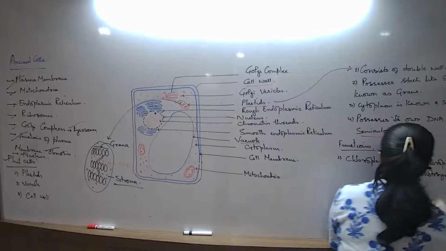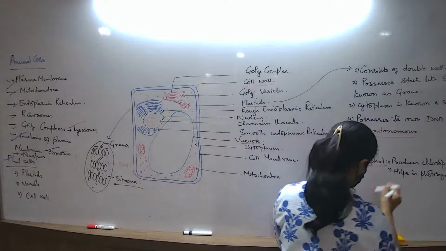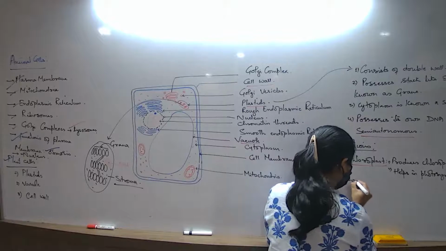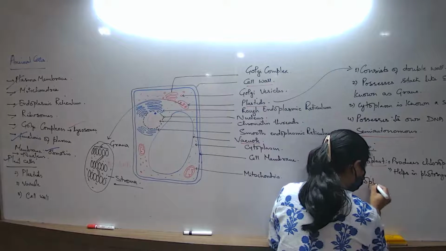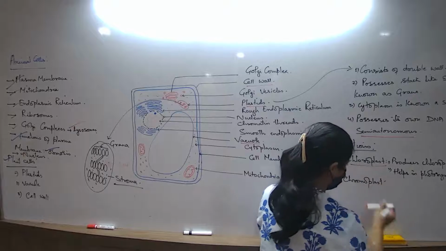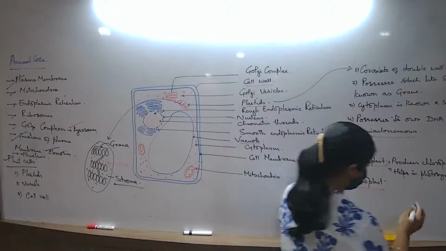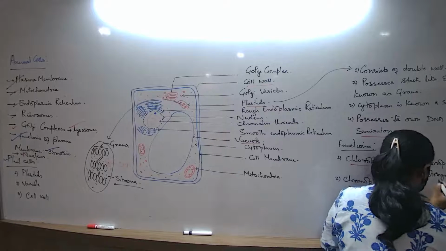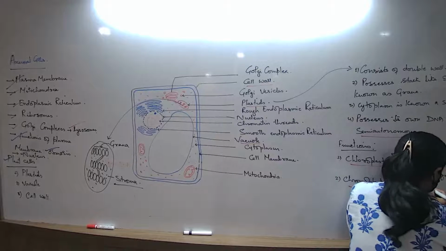Helps in photosynthesis. What is the next type? Chromoplast. Chromoplast produces colored pigments